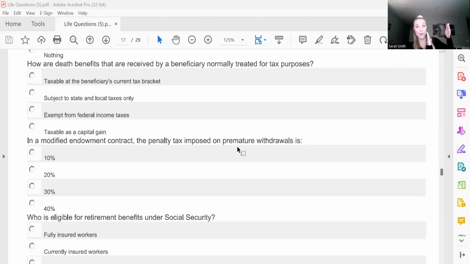So the person that passed away that's worth whatever has to pay an estate tax to the government. And then me, as the beneficiary, inheriting whatever's left, if it still exceeds a certain amount, I have to go and pay my inheritance tax. So you get taxed twice. So you have to be aware of this stuff if you want to be a more sophisticated life insurance agent.